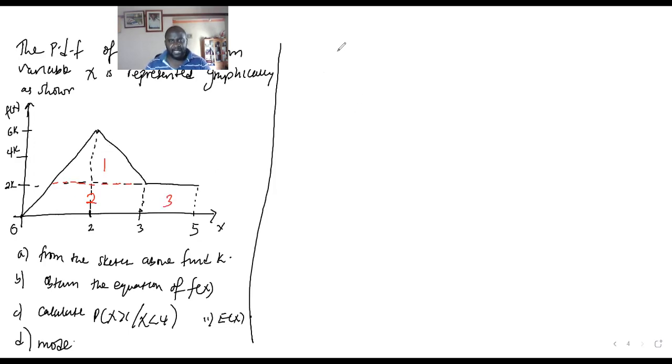Then my colleague was asking earlier on, why is the area equal to 1? It is because we are summing up all the probabilities, or all the f of x. So the total area is supposed to be equal to the area of the trapezium, which is a half h into a plus b, plus the area of the triangle, which is a half bh, plus the area of a rectangle, which is length times width. All this should sum up to 1. The trapezium has a height of 2K. So it will give us a half times 2K into A, which is going to be 3, plus B, which is going to be,